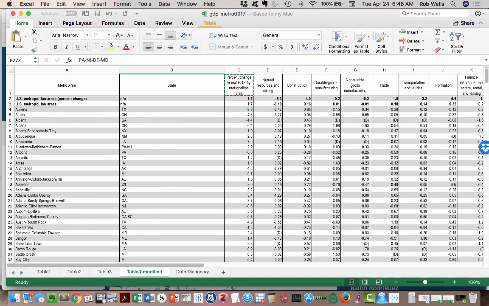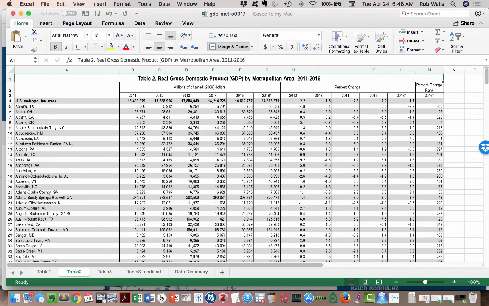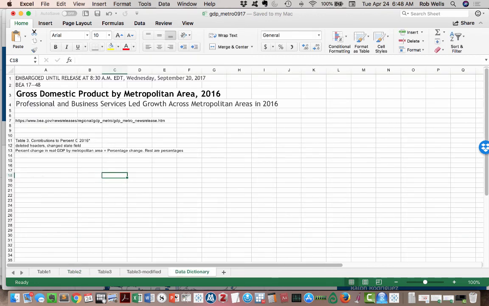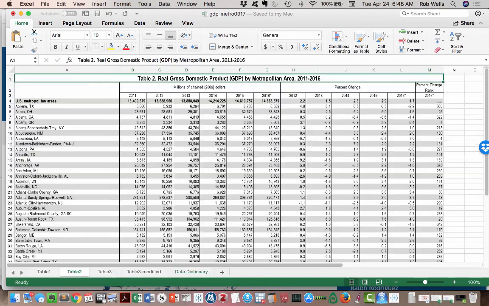And let's look at table 2 here. Again, copy the header out of this. Go over to our data dictionary. Table 2, modified headers. And table 2, we have,